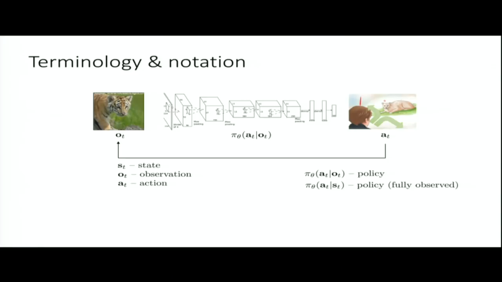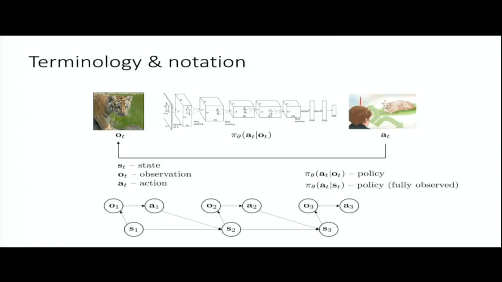Mathematically, we can understand the relationships between states and observations by drawing a probabilistic graphical model. So here's the probabilistic graphical model that relates states, observations, and actions. The states, those are the fundamental thing down here. That's what gives rise to everything. At every time step, the state independently gives rise to an observation.